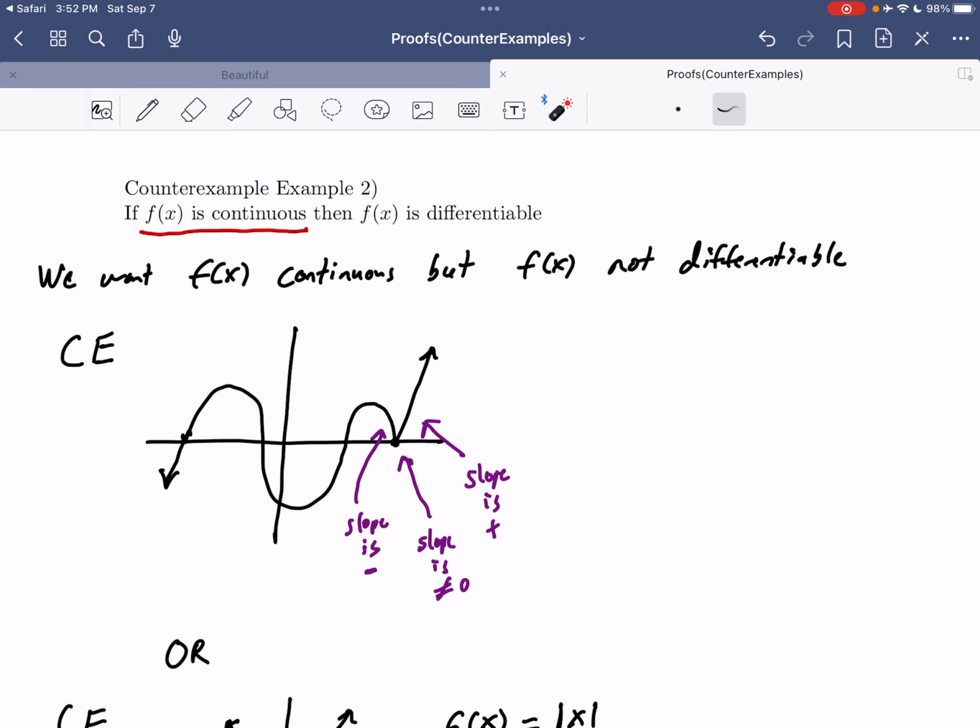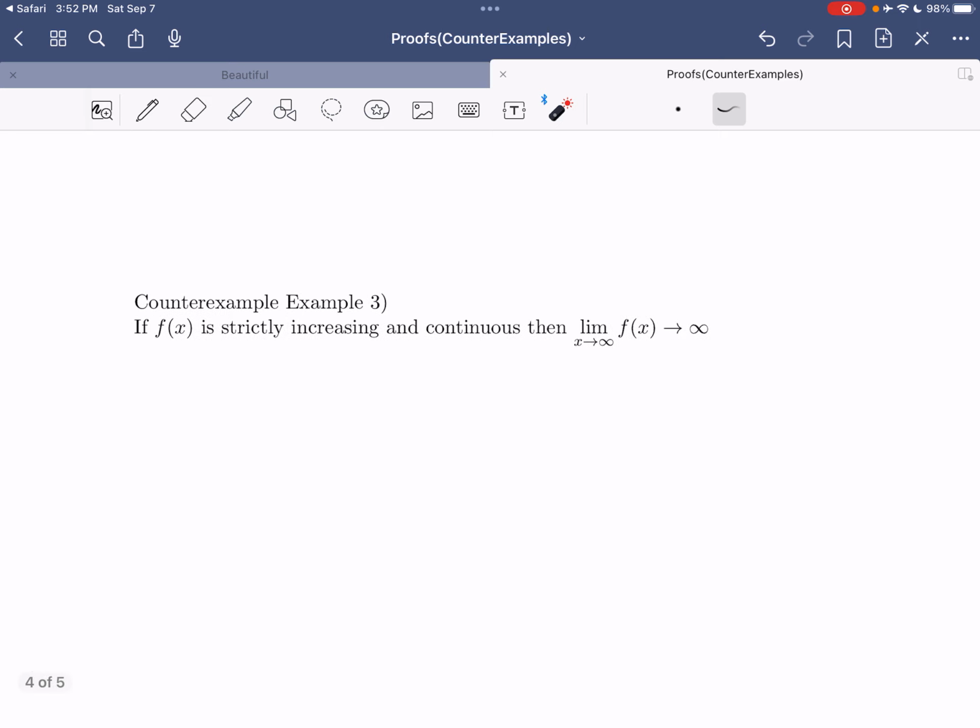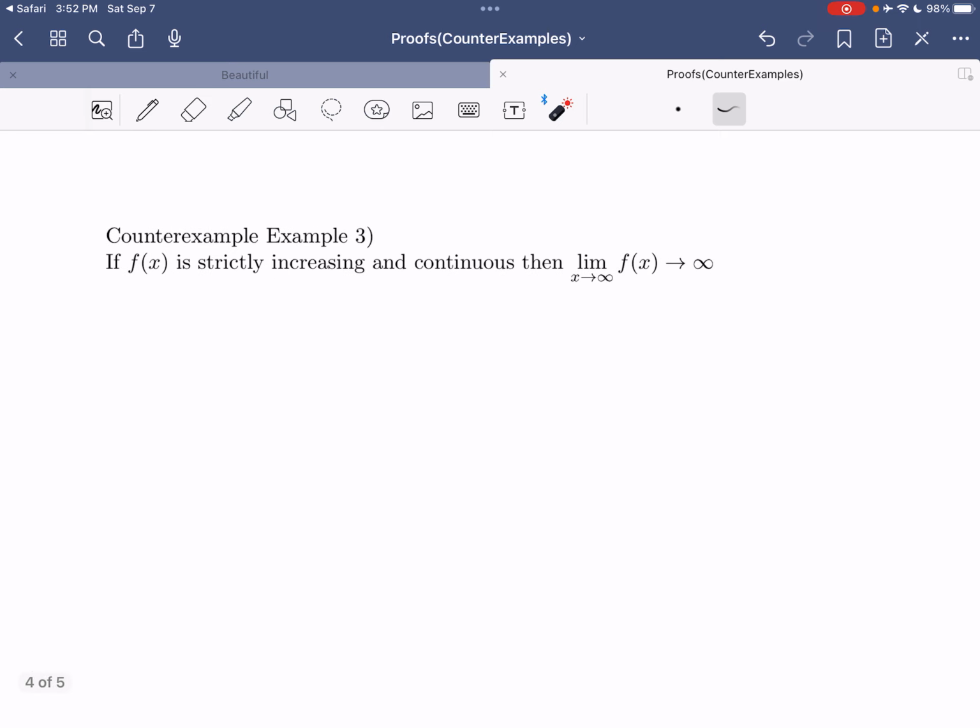Okay, let's move to another one. So here we go. We've got an interesting one here. If f of x is strictly increasing and continuous, then the limit as x goes to infinity of f of x is infinity. Now this, I think, is a great example because initially, if we're thinking about this,